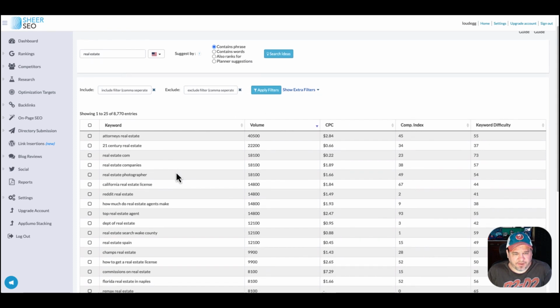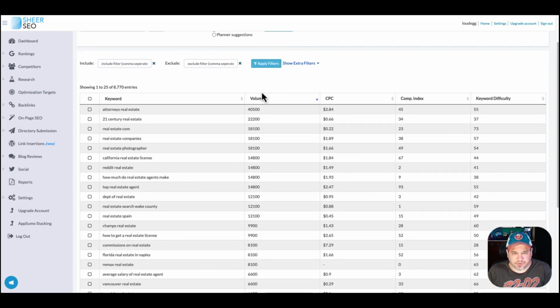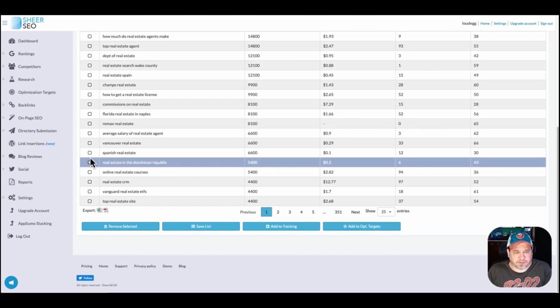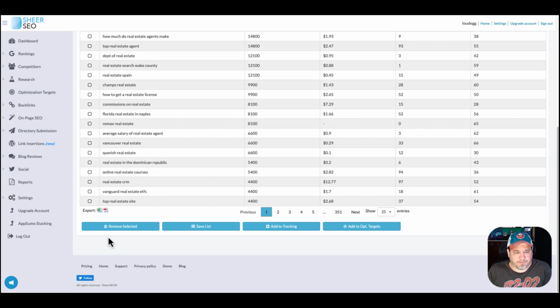Real estate companies, real estate photographer. It shows you the volumes, what people are searching for, CPC, competition for Google AdWords, keyword difficulty. The higher the number, obviously, the harder it is to rank for this keyword. You can also export these keywords, select which ones you want for later. You could save the list. You can add any of the keywords right away to your rank tracking,